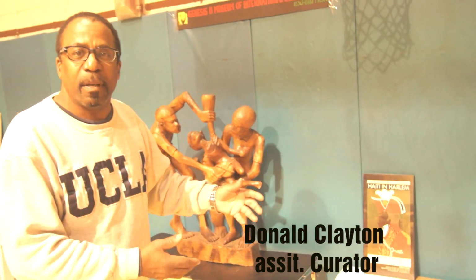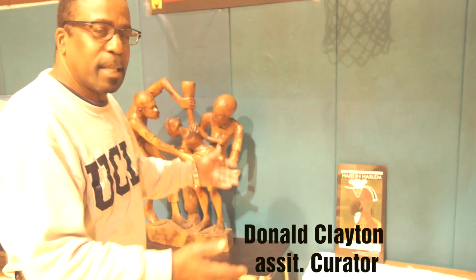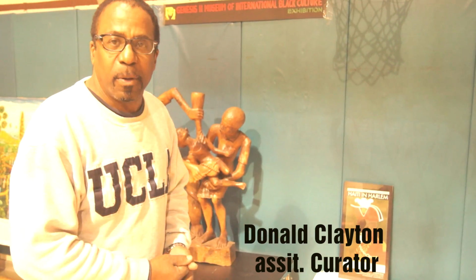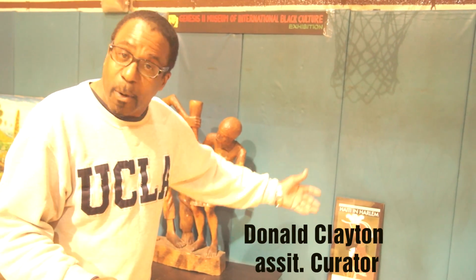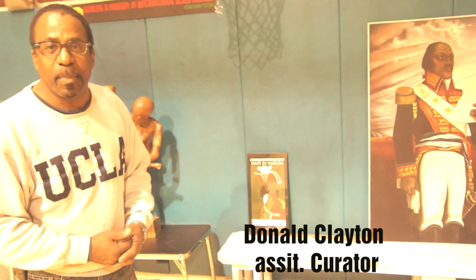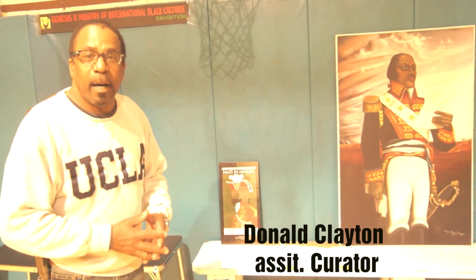This next exhibit is Haiti, the culture and people of the African people on the island of Haiti. And the reason why it's significant had to do with them overthrowing their slave masters, the French, in what came to be known as the French Revolution. And the French Revolution had significant impact on the slave trade, because if they could overthrow them, anybody could be overthrown. So Toussaint Louverture was symbolizing as the leader of the Haitian Revolution, along with others, but they were able